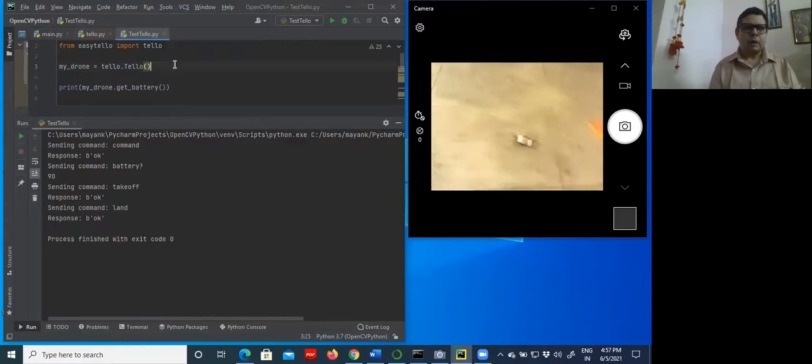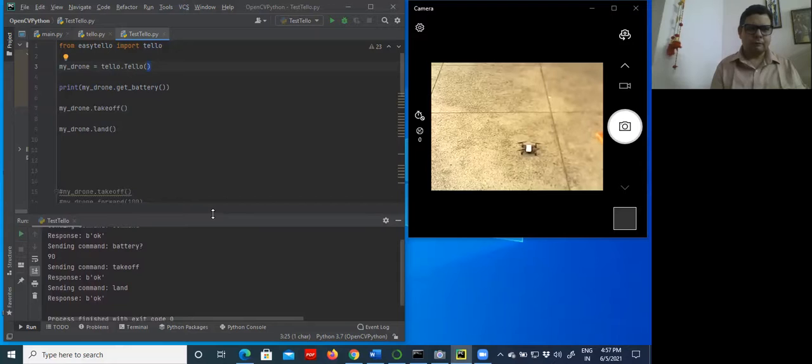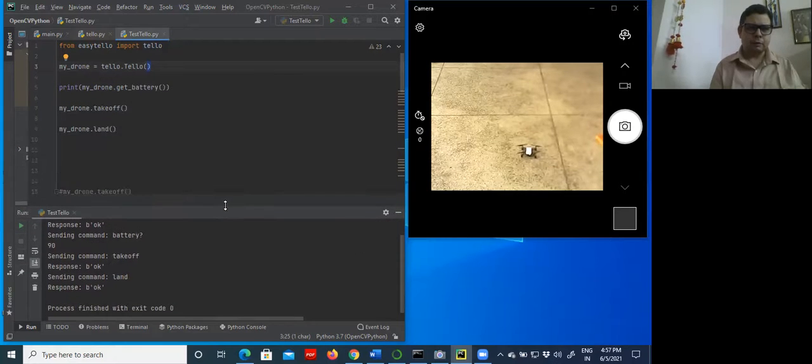So this is what we have achieved. We have successfully connected the Tello drone to the window, and then we have written a small program regarding the status of the battery, takeoff and landing.